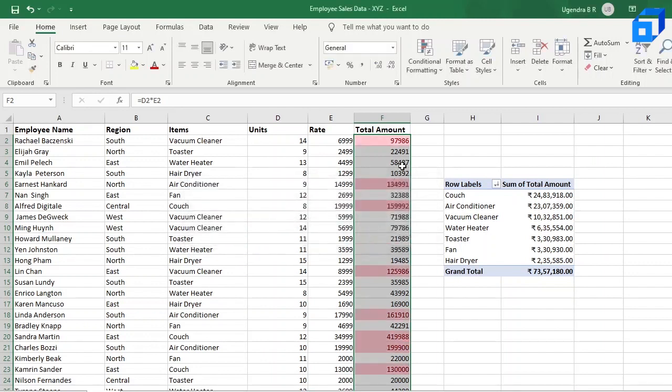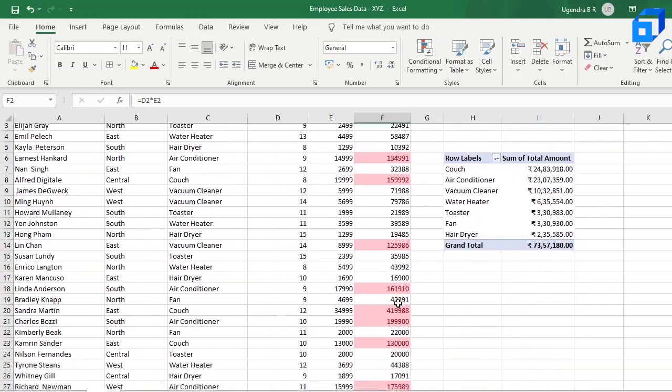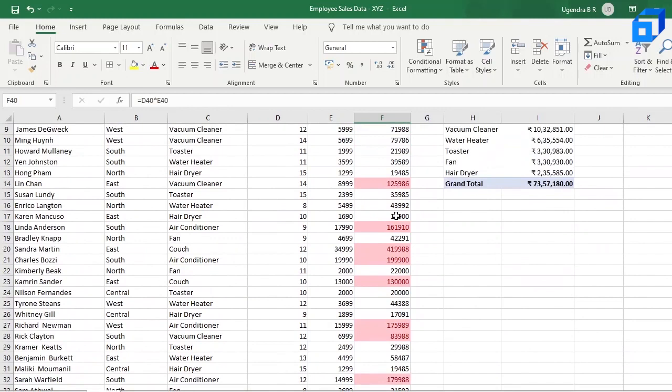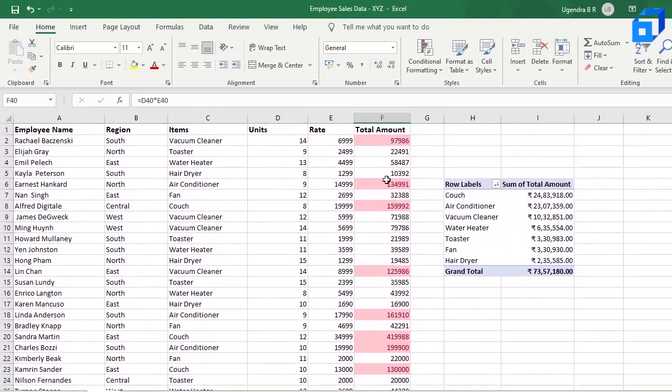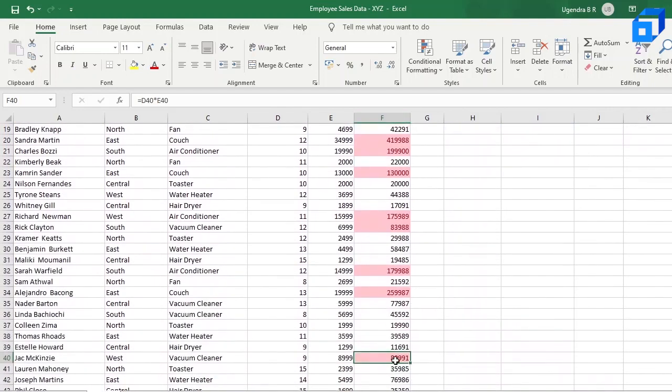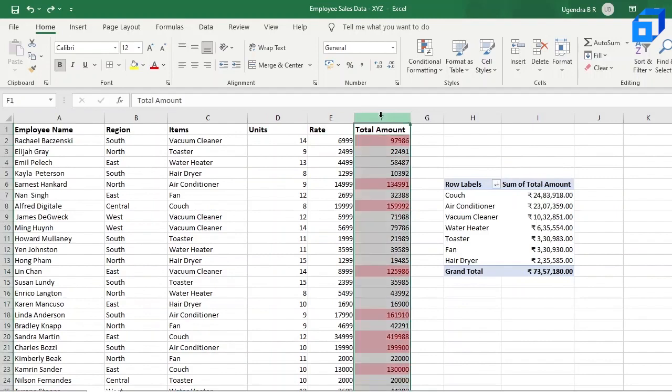Over here, you can see that all the cells which have the amount greater than 80,000 have been highlighted. You can see that 80,991 has been highlighted like we saw earlier. Now let's say you want to highlight all the cells which have sales less than 80,000. That means over here, this value will be normal, I mean, it won't be highlighted. Let's check if that works or not. Let us select the entire column and unselect this cell.